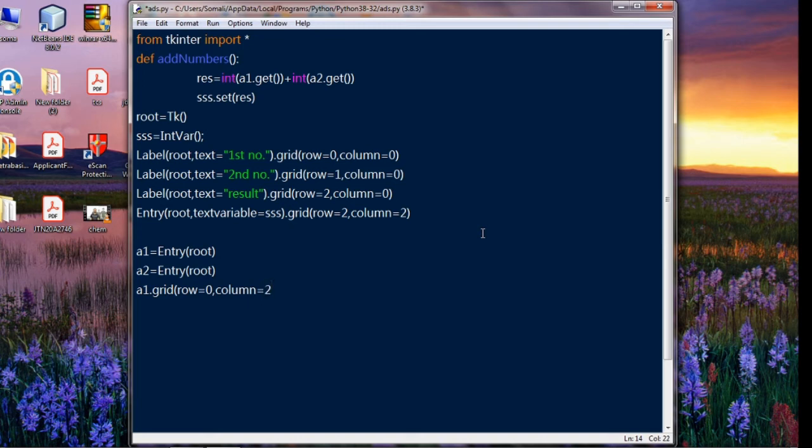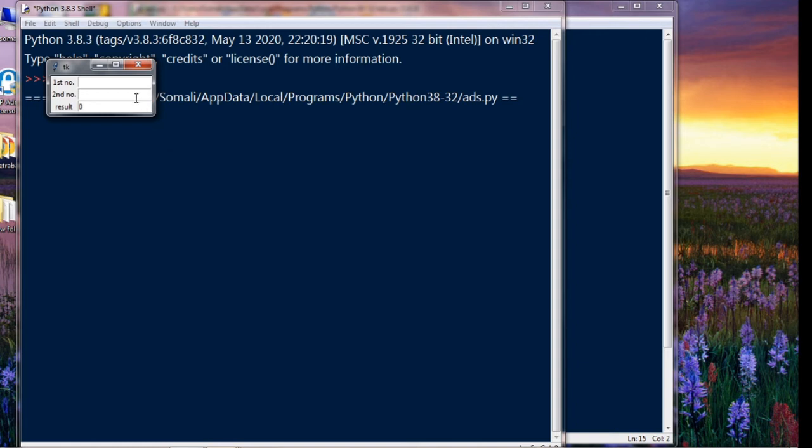Then paste it, and for the second number row equal to 1, here the column value will be 2. Then run it. Here you can input.